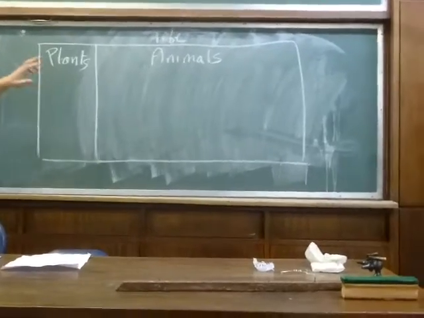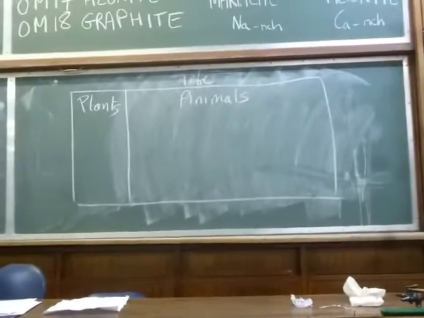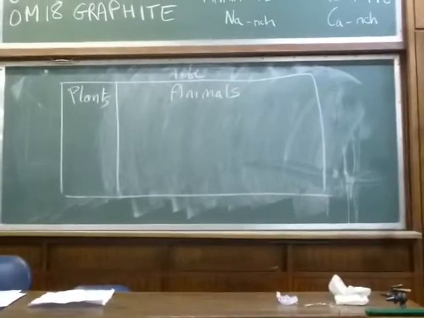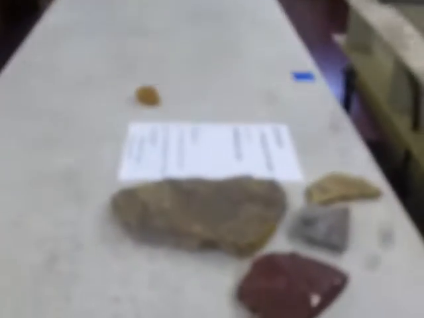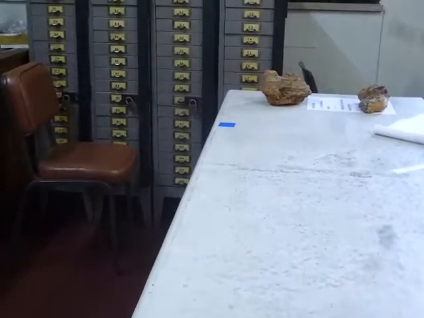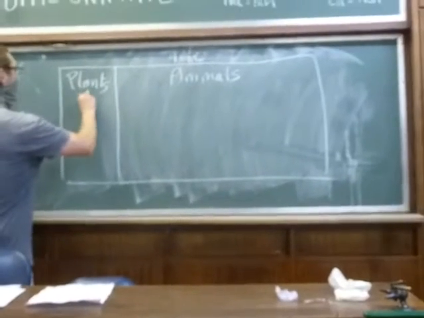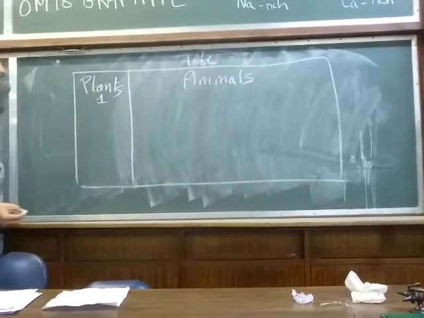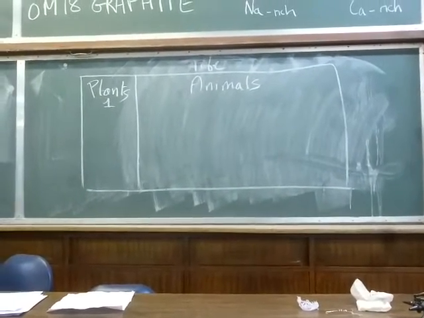So plants here will be represented on the first row. So the first row here has the fossil plants that I want you to see. So tree, leaves, and some stromatolites. You will have to look at them and understand what you're looking at. So plants are in row number 1. The animals are in the rest of the room.